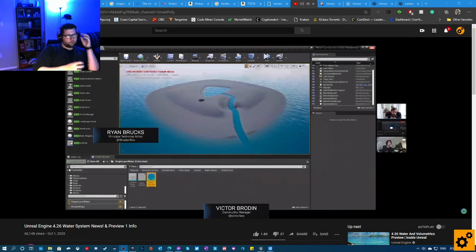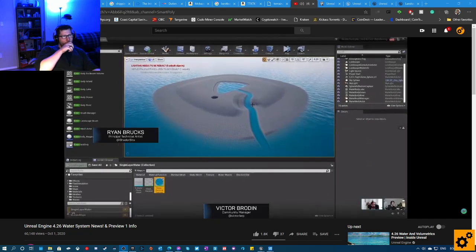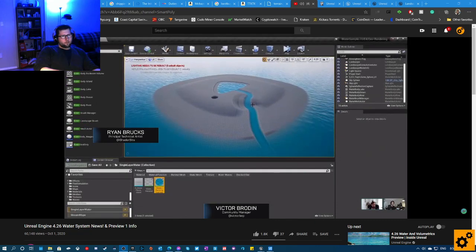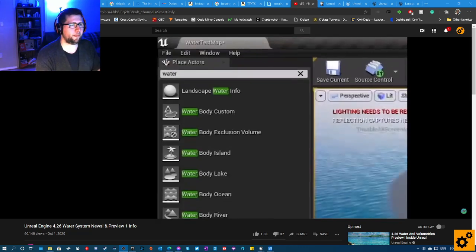So first of all, how it works is it's a plugin that you just enable. There's the water system plugin and the landmass plugin. Once you have those two plugins enabled in your project, you'll just be able to drag in the different water